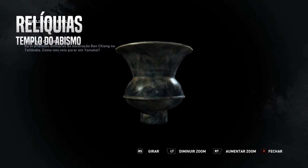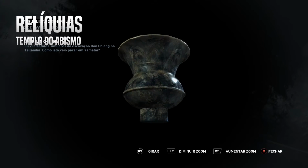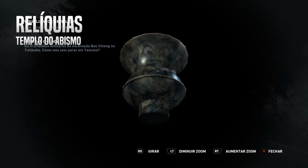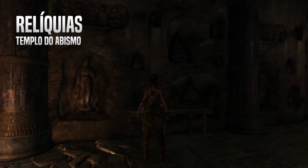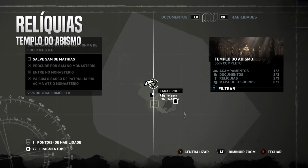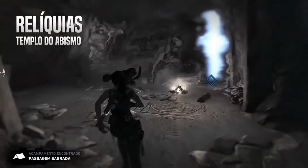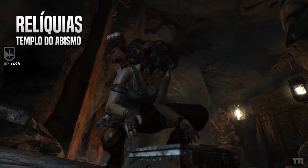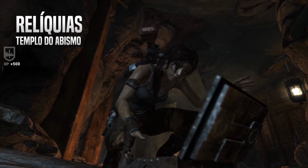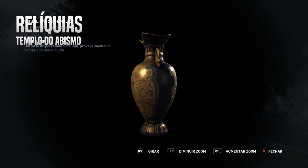I've seen similar artifacts from the Ban Chiang site in Thailand. How did this get all the way to Yamatai? A Satsuma porcelain vase. Probably a...